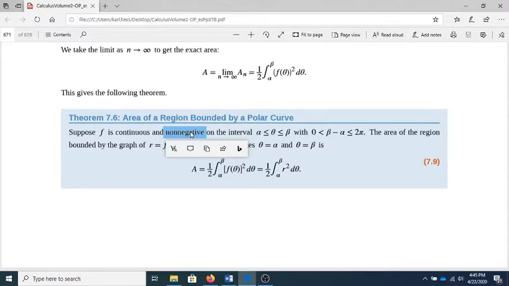It wasn't really a problem with this function because 1 plus sine theta is never negative. Sine can never be any less than negative 1, so 1 plus sine can't be less than 0. So our polar function can't be negative. So assume we've got a polar function that's continuous and not negative on some interval of angle values. Now notice they're using the Greek letters alpha and beta here. So instead of a and b, they're saying